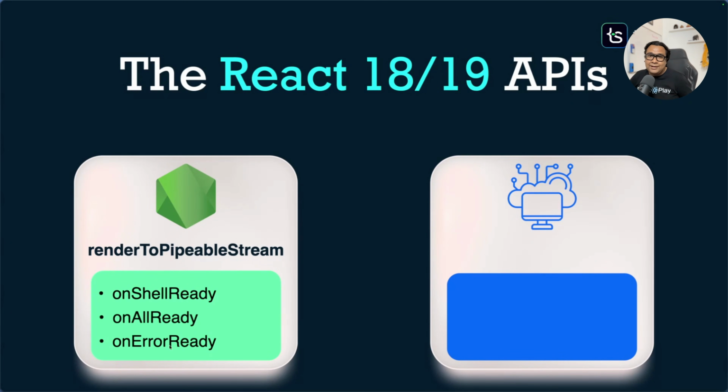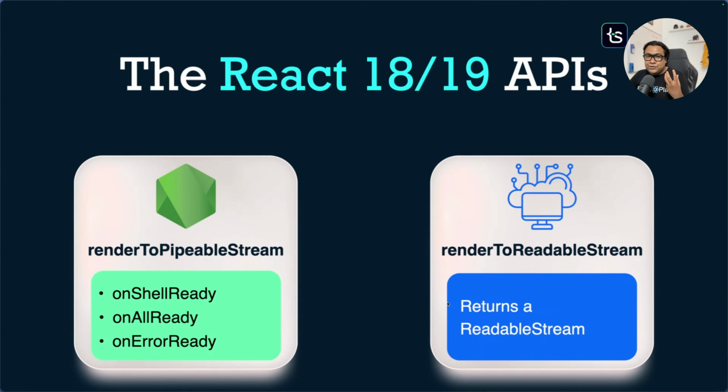And onError ready is for the error handling. On the Edge side, we have something called renderToReadableStream. Edge means like Vercel, Cloudflare, etc. This is promise based, and it returns a promise of a stream that resolves once the shell is ready. So these are internal APIs that are used by frameworks like Next.js, frameworks like TanStack Start to provide support